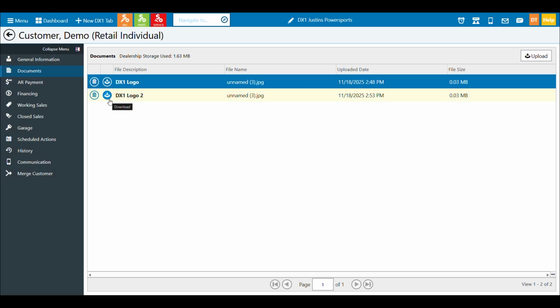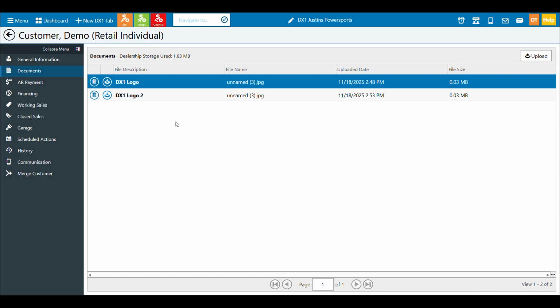You can also re-download the files at any point in time, so this is a great way to back up stuff. One of the great things you can use this tool for, and it's a great piece of advice, is to make this a virtual deal jacket. If you're selling major units to customers, when you're done with the deal, scan them into a file and save that file here. It's a lot easier to find information you're looking for if you need to get back to documents or deal related information versus finding a hard copy in a file cabinet. And again, you might need to look up something from more than one or two years old, and those files usually have to continue to get moved as the business grows over time. So this is just a great area to quickly find the information you might like.